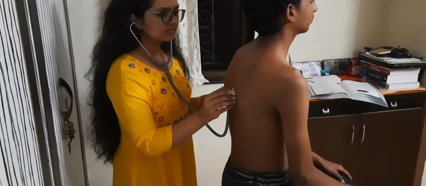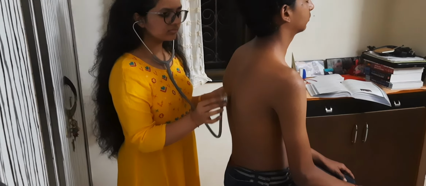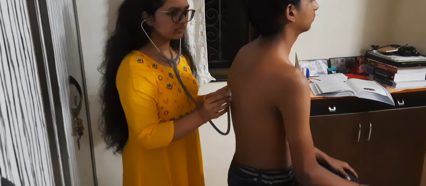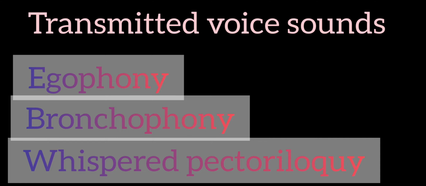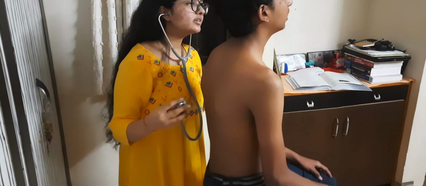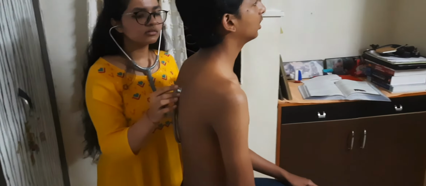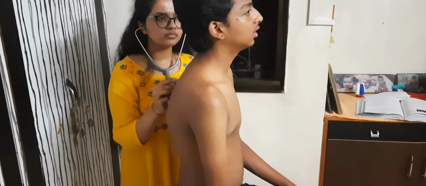There may be some additional or adventitious breath sounds that can be heard superimposed on the breath sounds. They are mainly classified as crackles, also called rales, wheezes, and rhonchi. If bronchovesicular and bronchial breath sounds are abnormally heard, assess transmitted voice sound using three techniques below. In egophony, ask the patient to say E. You will normally hear a muffled long E sound. If E sounds like A and has a nasal bleating quality, egophony is present.